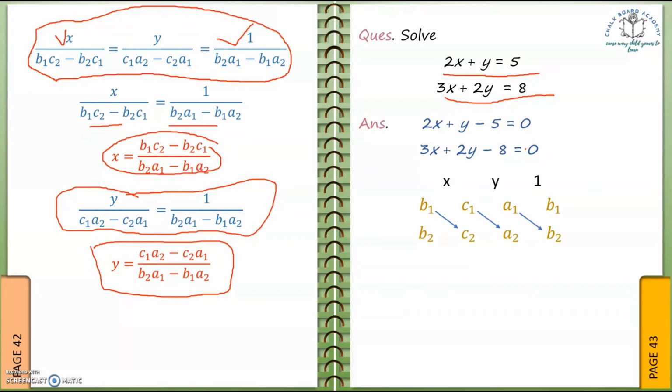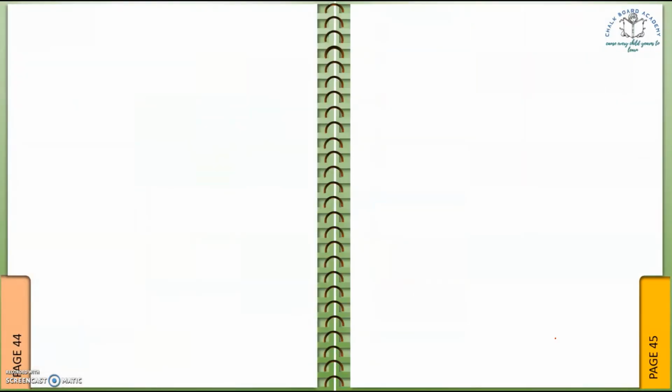Same thing, we have written the formula and thereafter we are going to place the values of b1, b2, c1, c2, a1, a2 and so on. After placing the values, we got something like this: 1, 2, 5, -5, -8, 2, 3, 1 and 2. Now we have to do cross multiplication. So we are doing the cross multiplication here.